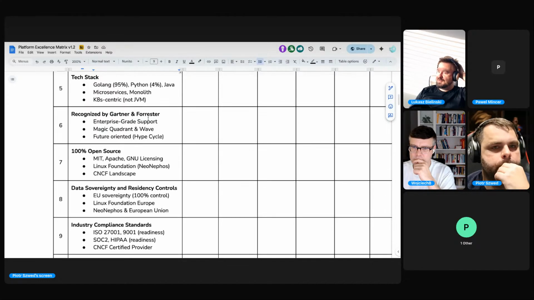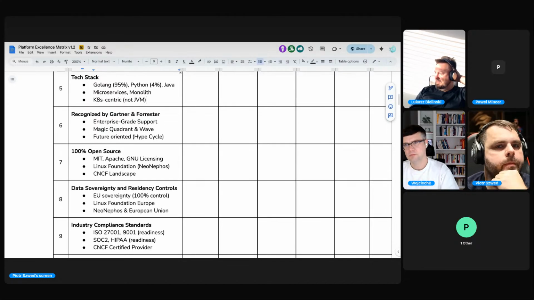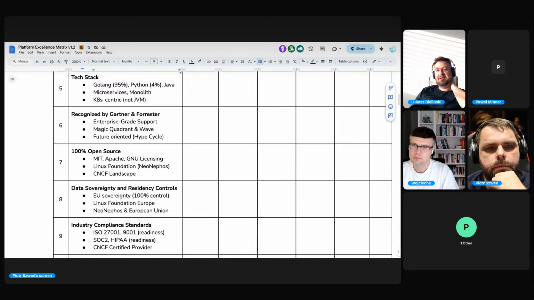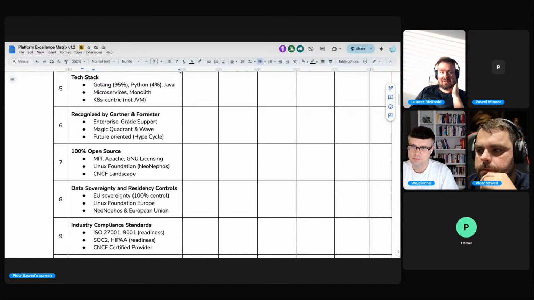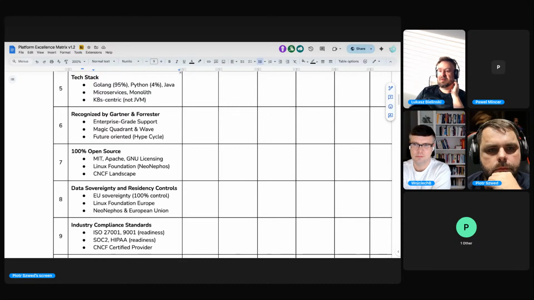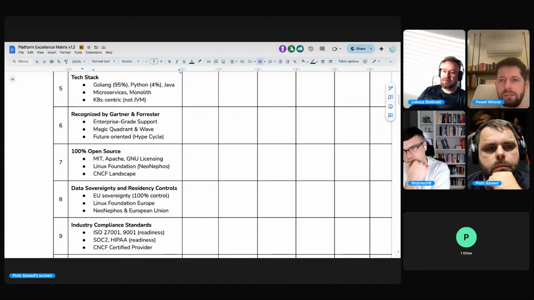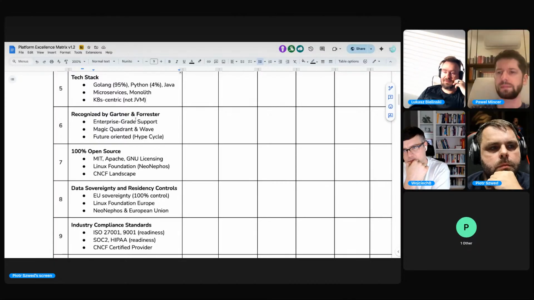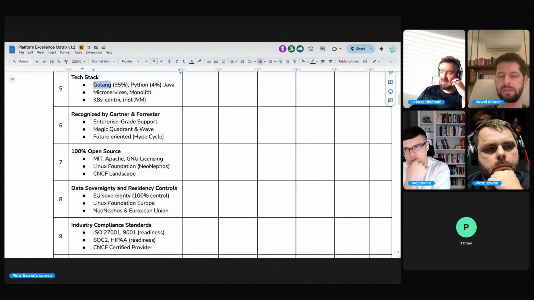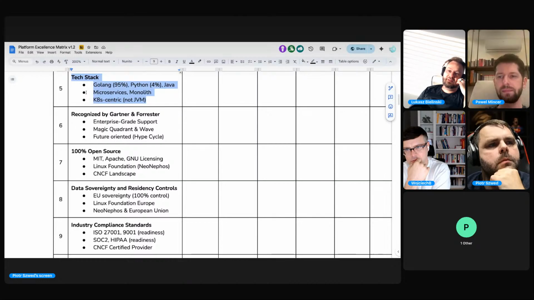I have one thought here, basically from the standpoint of extendability. It's important to keep everything written in Golang because then you can very easily build your own internal extensions for the platform. And especially since we are talking about building a very open platform, this will be a valid point here.